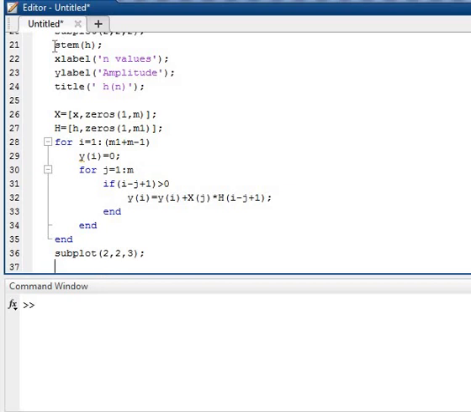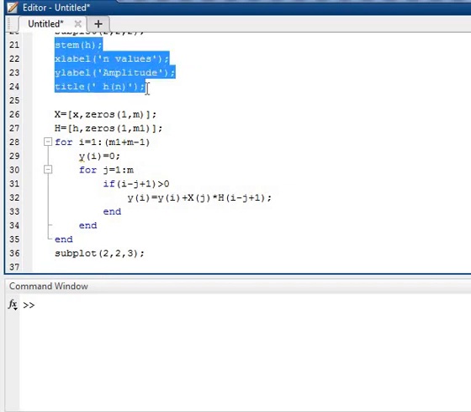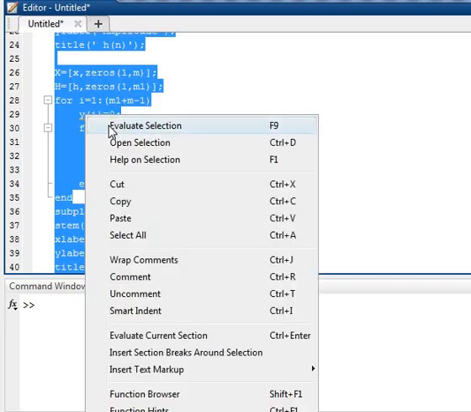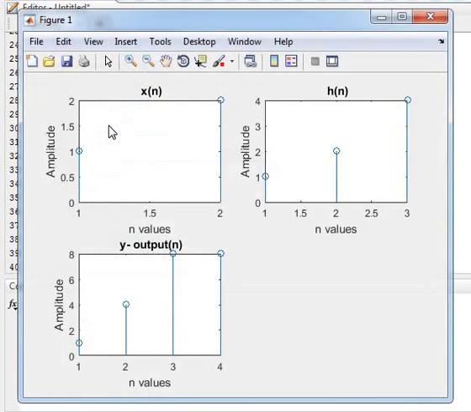After that implement the y function, and this is my y or output. So implement it. 1 4 8 8. This is my answer.